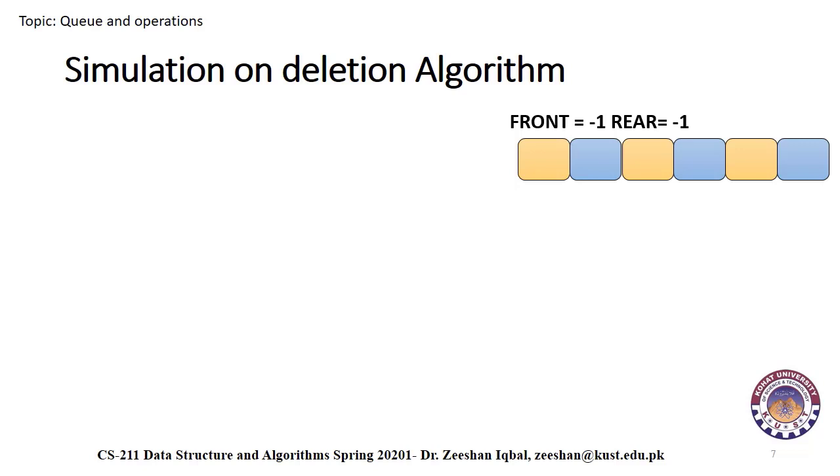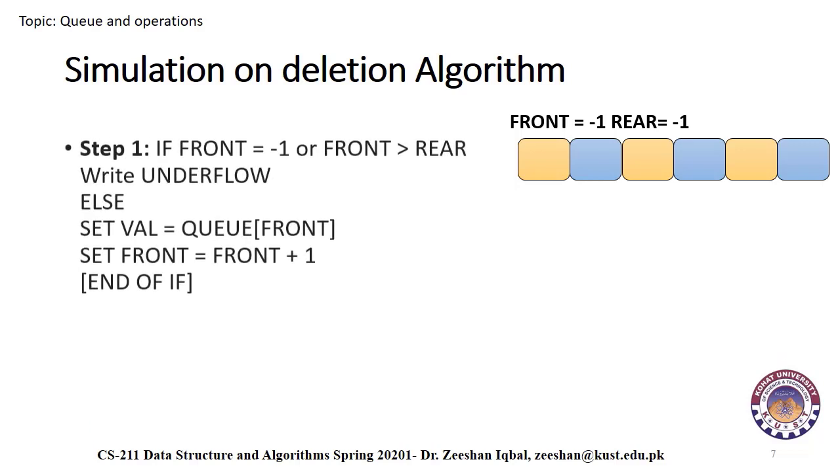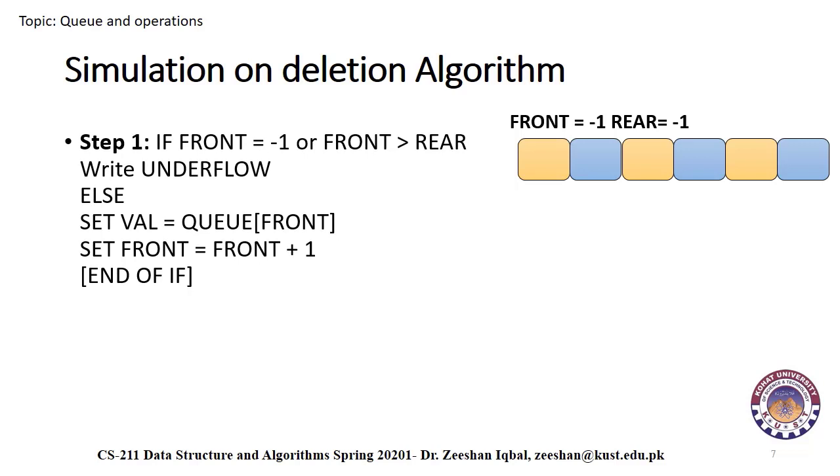In the example that I am showing here, let's delete a dequeue integer and show you the simulation process. Initially, we can see that the queue is empty. So if we want to delete an element from a queue, it's impossible. The algorithm will start from step 1 by checking the if condition: front is equal to -1 or front value is greater than rear, which will be true as in an empty queue front and rear both have -1 value. So we have to write underflow and move to step 2 by printing the underflow message to the user, and the control will exit or move back to the calling function.